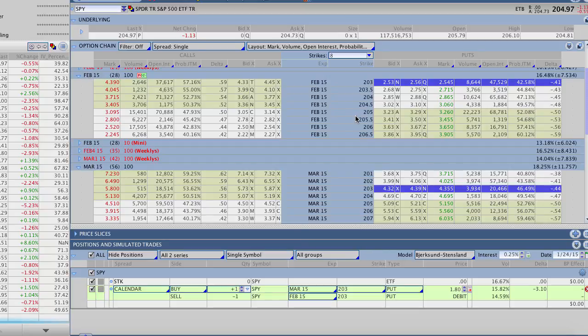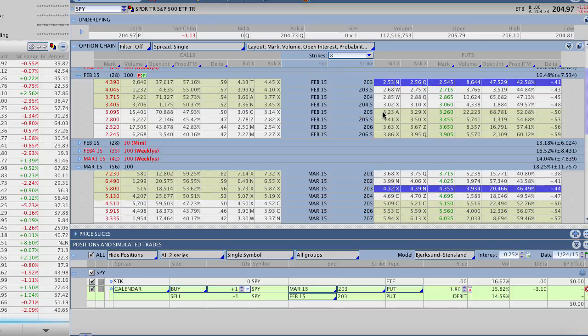So when we go back to these simulated trades here, if the market's currently trading about 205, we might roll it up closer to where the stock is trading right now. And in this case, we'd be rolling just these February contracts closer to the market. We would not touch the current March contracts because those are the far out contracts. We don't want to mess with those. We want to touch the side that we're short, or these February 203s, because these are losing value and becoming profitable. So now we want to bank that profit, roll up that side of the trade, and take in more credit.